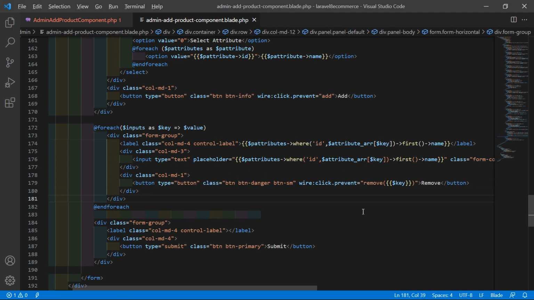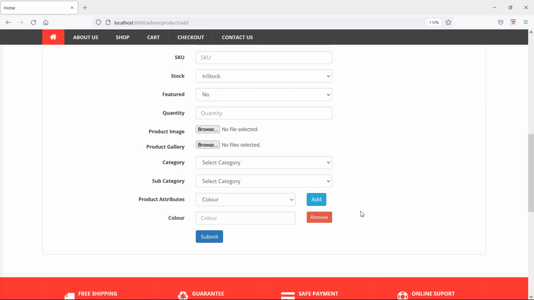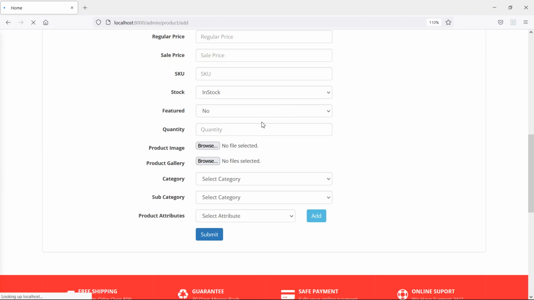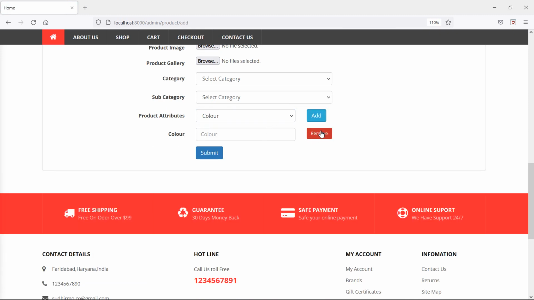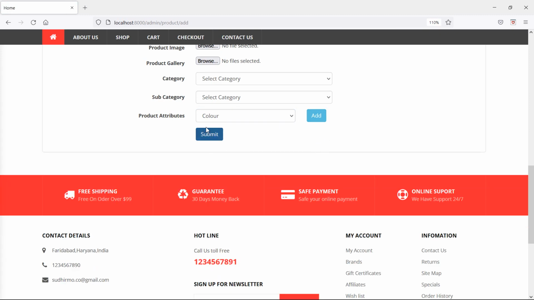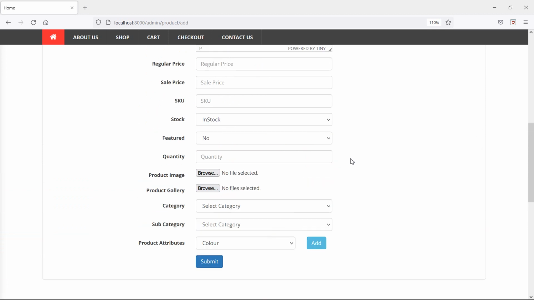Now save this file and just check this. So just refresh the page. Now select the attribute color, click on add, and if I click on remove, you can see the input text field has been removed. Okay, all right, now let's